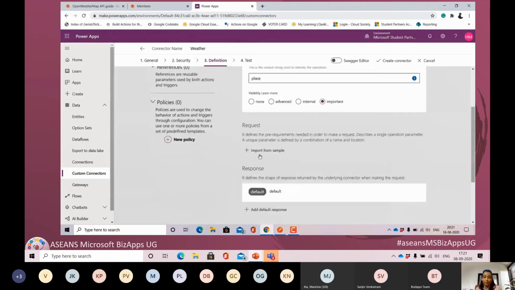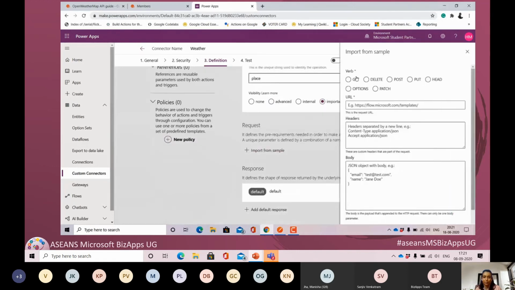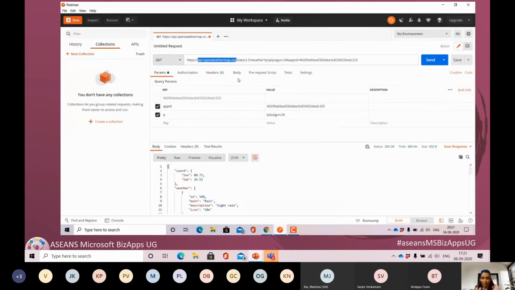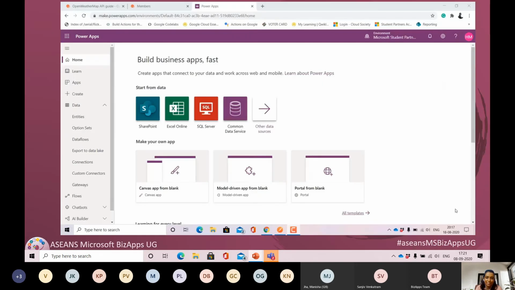And next for the request, here we need to choose the type of method. So since we are getting the data, the method will be get. And basically, since I had already tested,